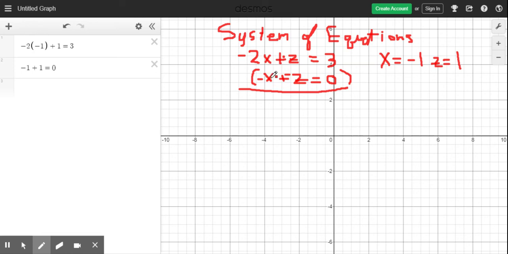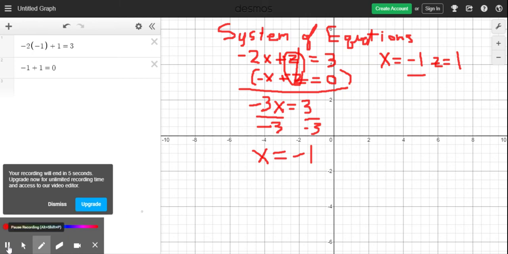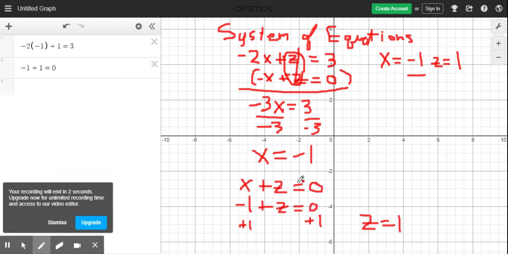Negative 2x plus negative 1x is negative 3x. z plus negative z goes to 0, and it cancels out. 3 plus 0 equals 3. Now divide both sides by negative 3, and we get x is equal to negative 1, just like we expected. And then to get z, we take that negative 1 and we plug it back into the original. x equals negative 1 back into the original, and we can